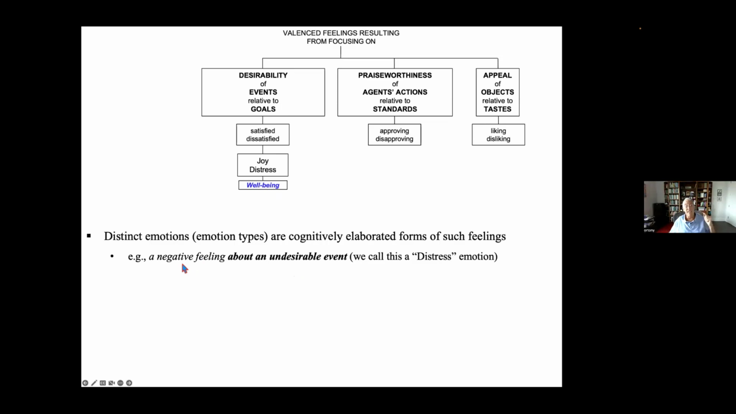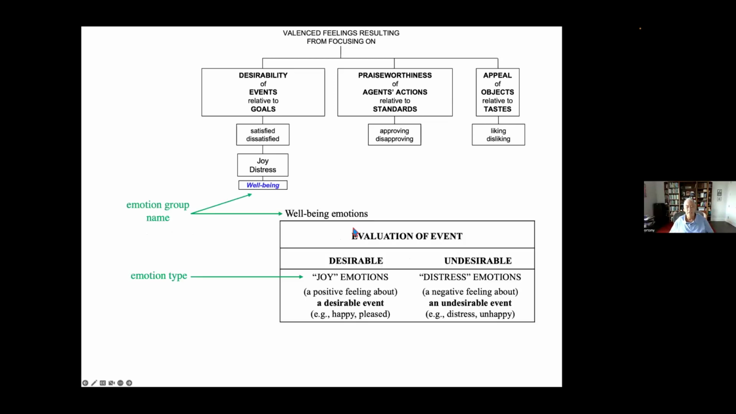we might have a negative feeling, which just tells you it's a valence, it's negative, about, and what's it about? It's about an undesirable event, as general as that. Something undesirable happened. So we can unpack this, what we call emotion group now, the well-being emotions. This is the group name. And it gives us two very general kinds of specific emotions or emotion types, what we call joy emotions and